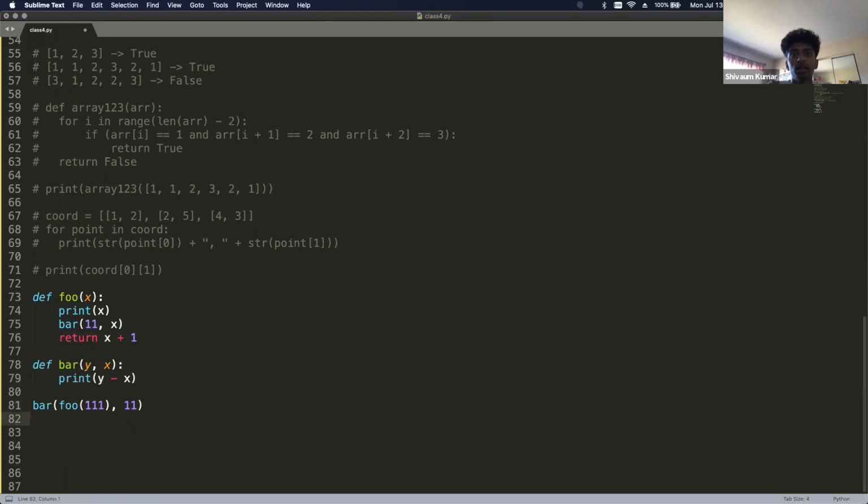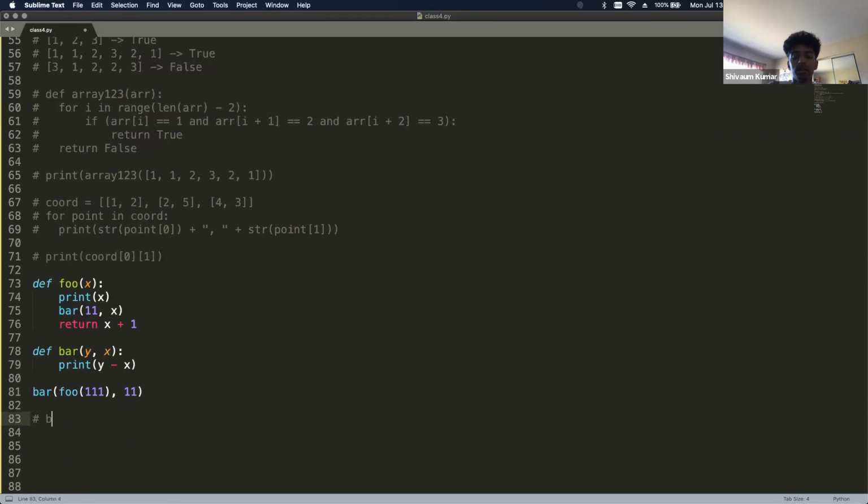I'll walk you guys through real quick. So we have bar foo 111 and then 11. The first thing that we do is we see, all right, we need to call foo of 111. So we'll go foo of 111. And then in this function, we'll print out 111 first, so that works. And then we'll call bar on 11 and 111.